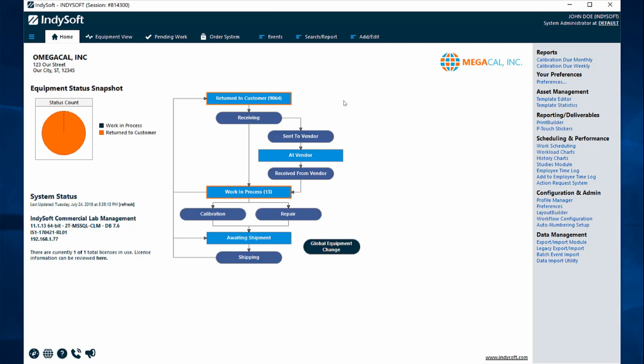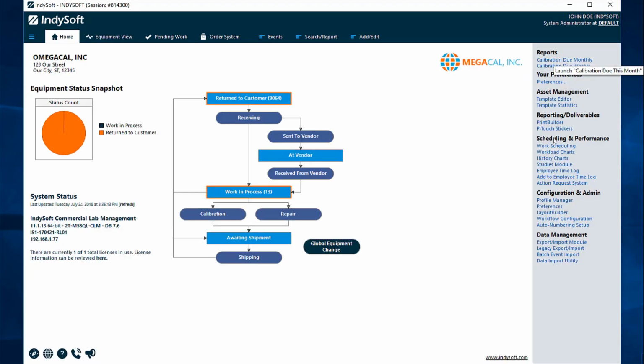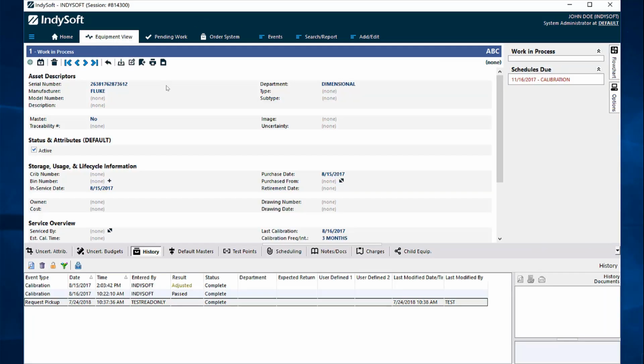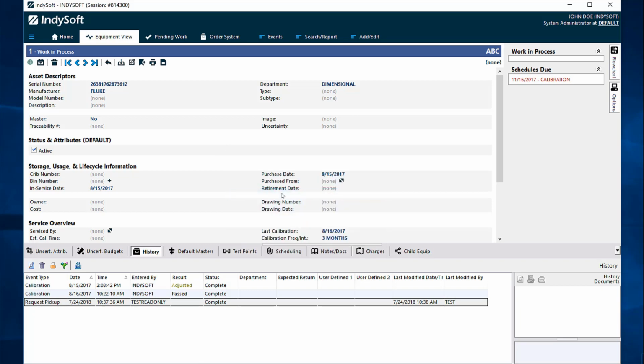Now, the next task for us is going to be to add an icon here and point that to any one of these executables or a different search or something like that. So if you want to do that, a quick tip for you here is that you right click on this page and we can edit the current layout straight from this page without having to go all the way to Layout Builder. So we click on here for the header,